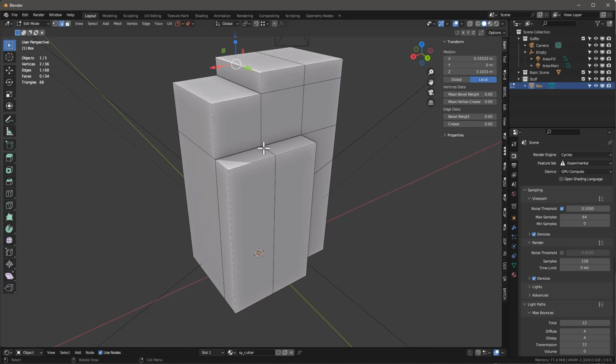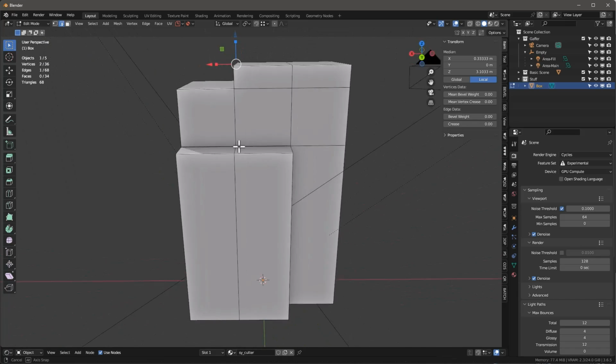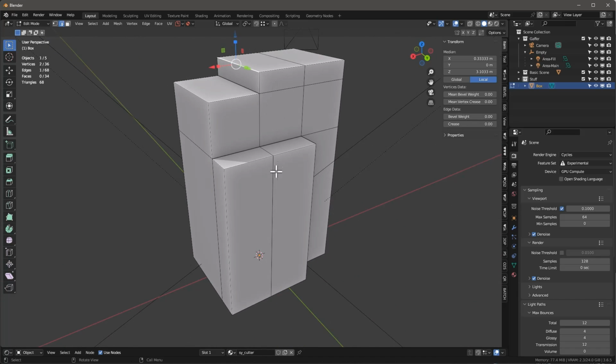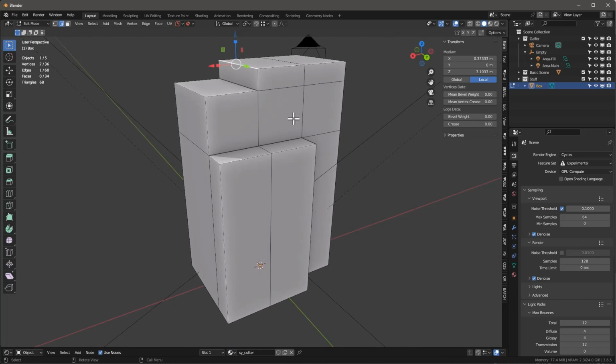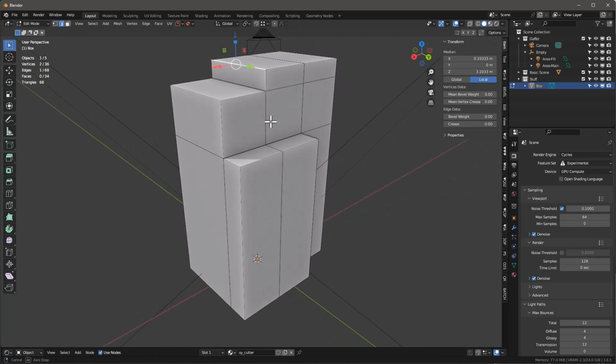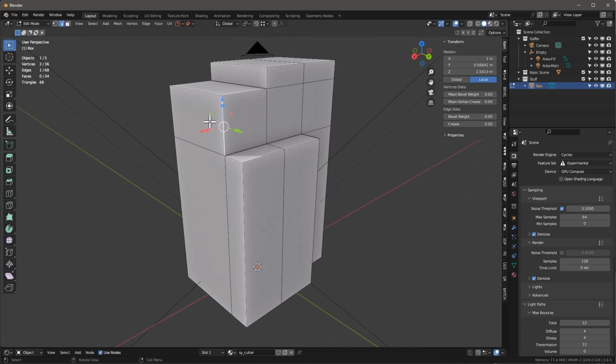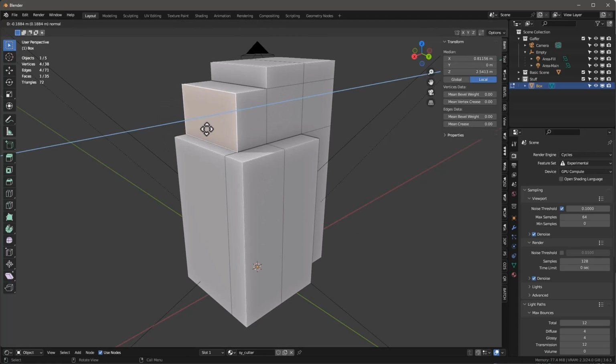Actually, before I do that, I need to get all the loop cuts completed, because if I don't, then I'm not going to be able to add the parting lines that I want to do. The other thing I'll mention is that there's also a neat trick where you can basically push-pull these faces, and that would be going to Alt-E for extrude, and you want to extrude manifold, and that basically allows me to